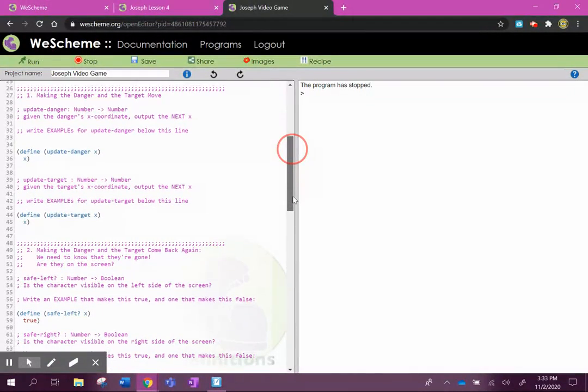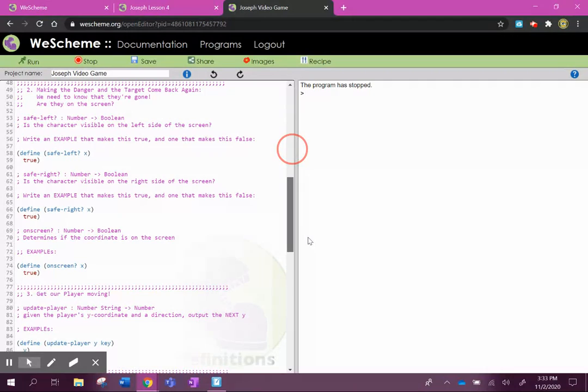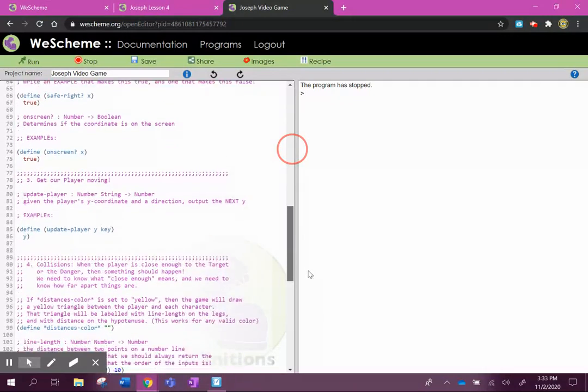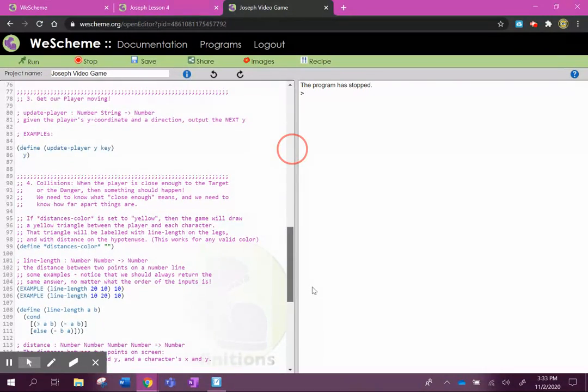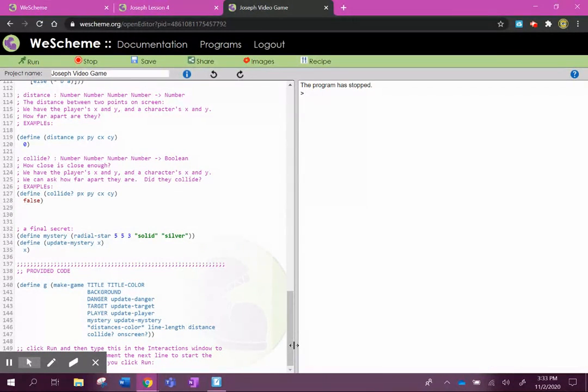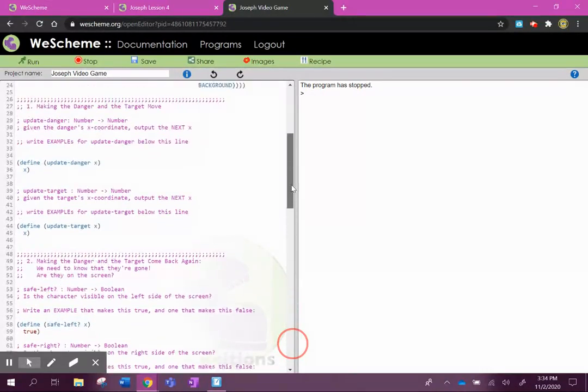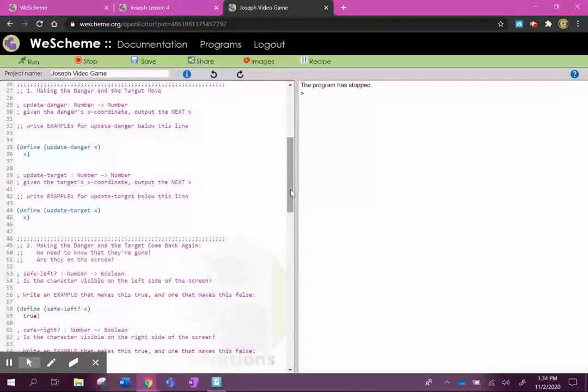So section 1, making the danger of the target move. Section 2, making the danger and target come back again. Section 3, section 4. Okay? So as you go through that, I want you to fill in the blanks on your paper. So start with section 1,